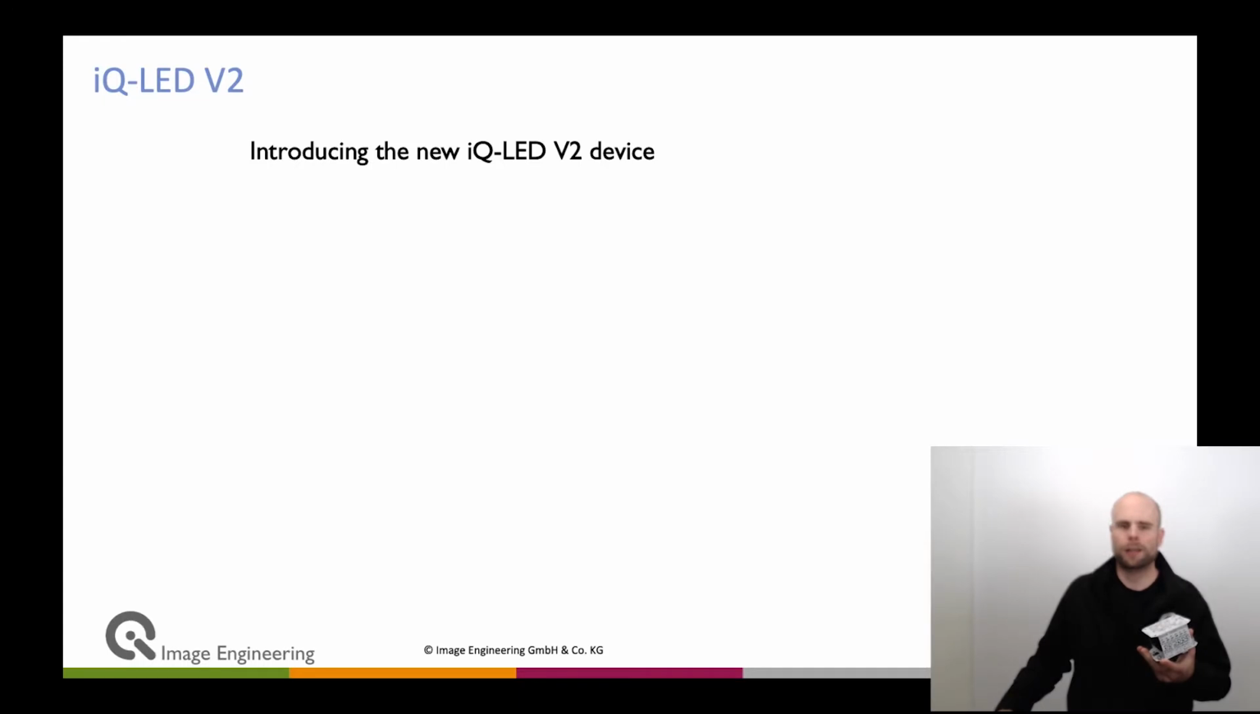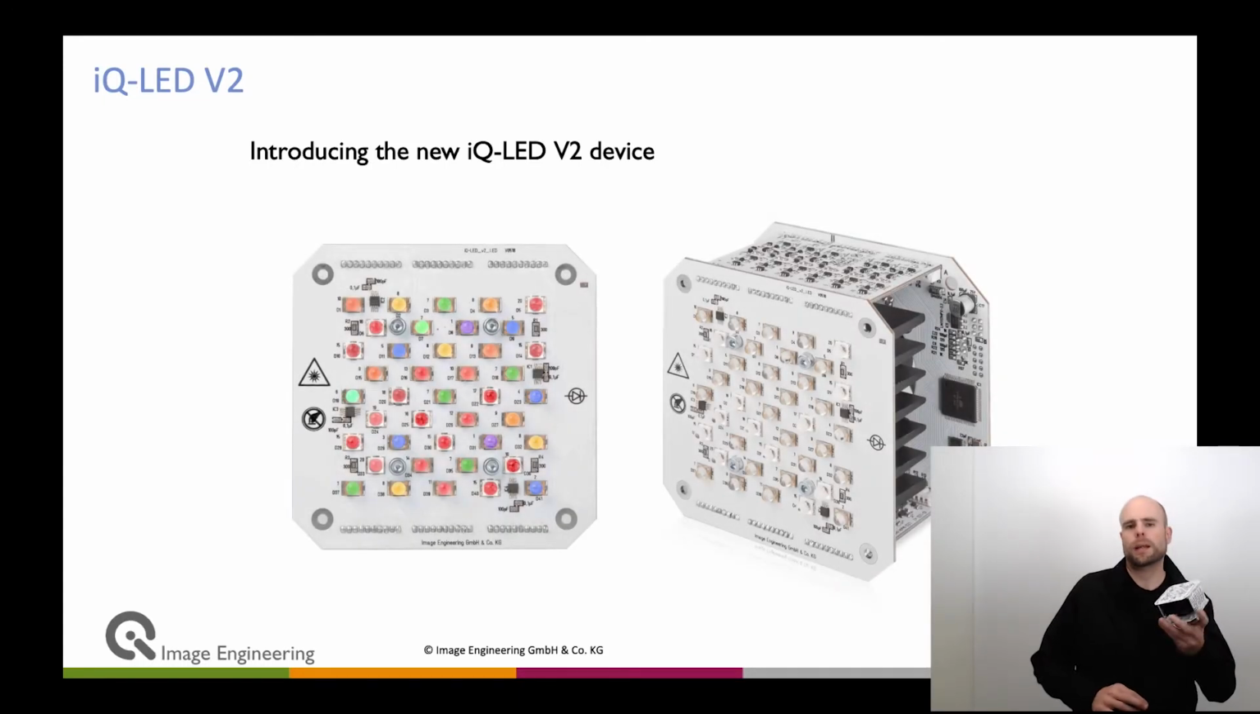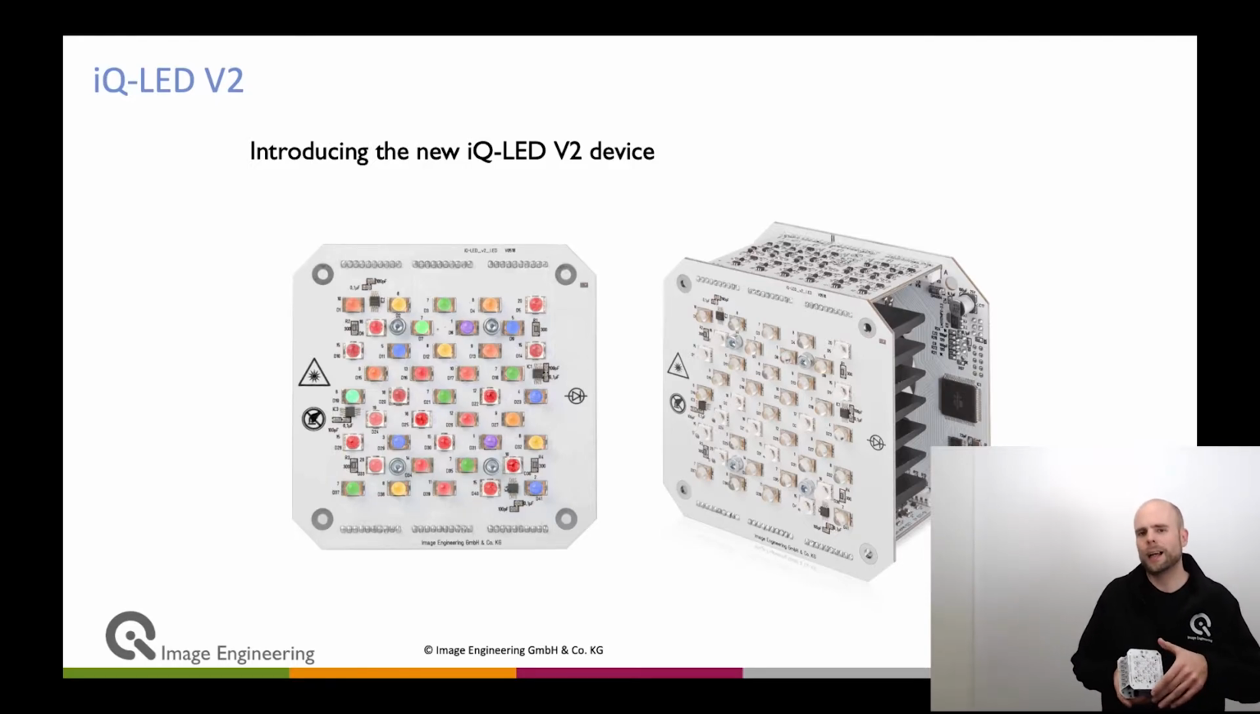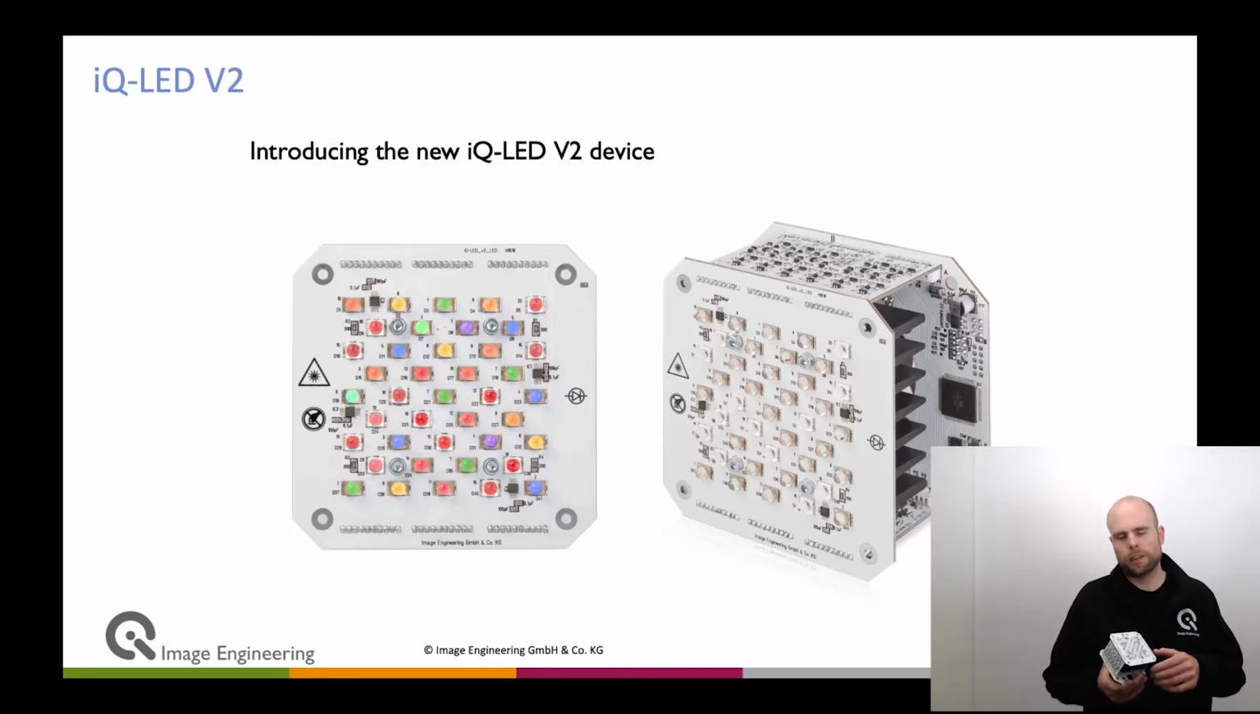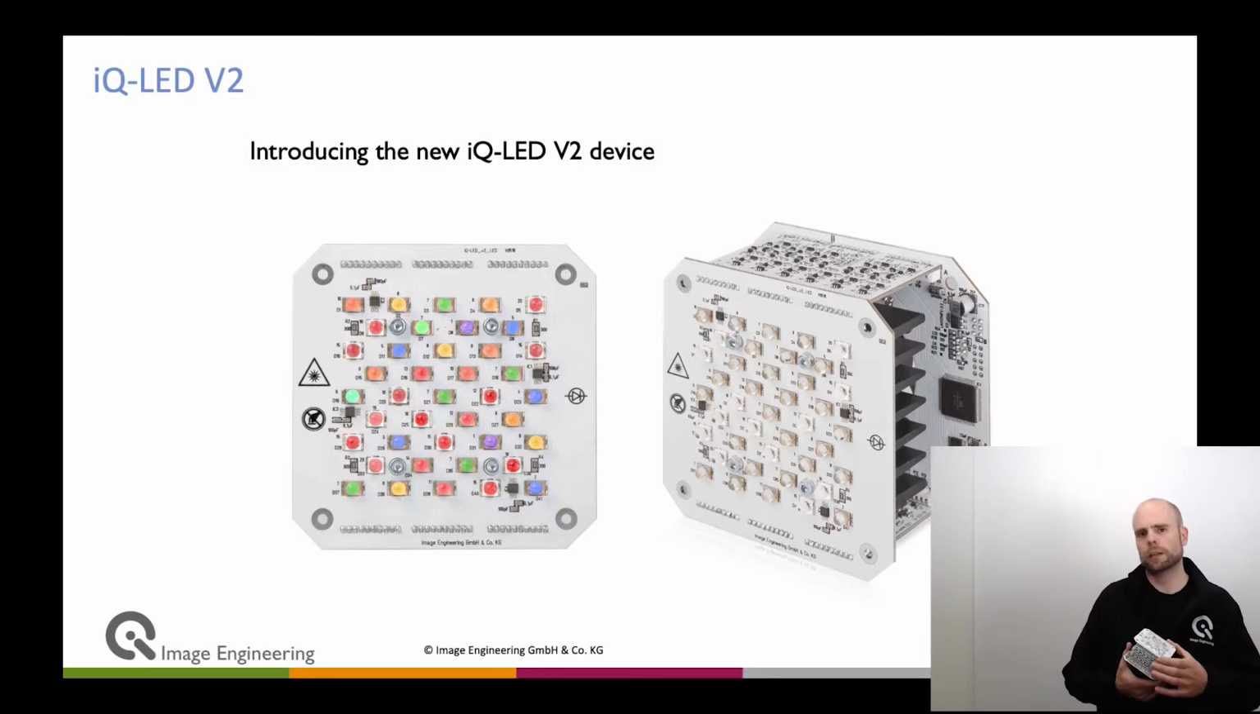So what is iqled technology? Basically, this here. This is the iqled device, and we use this device in many, many different ways. So what do we have here? On the front side, you see there are 41 high-power SMD LEDs. These LEDs are organized in 20 different channels. That means that we have 20 different types of LEDs, and we can control each of these channels with